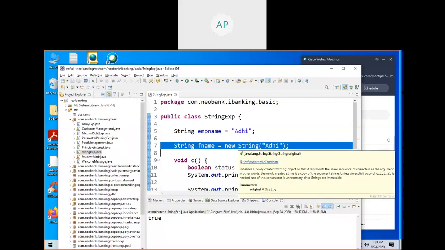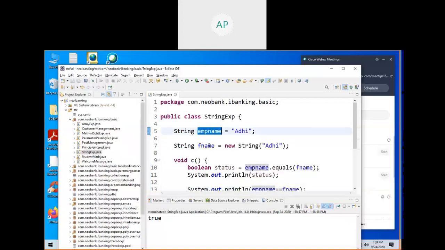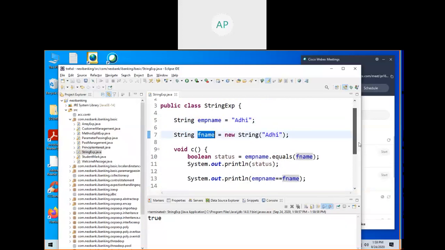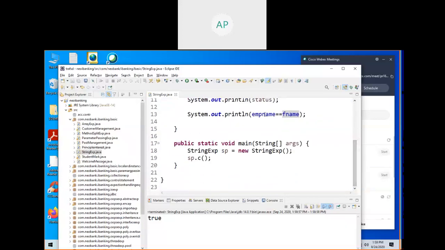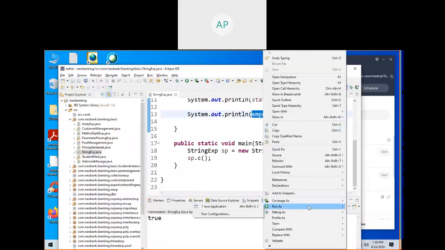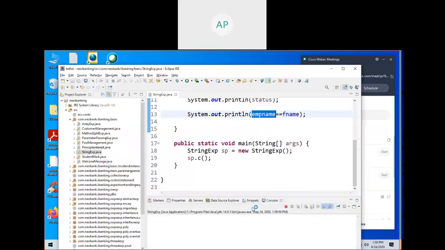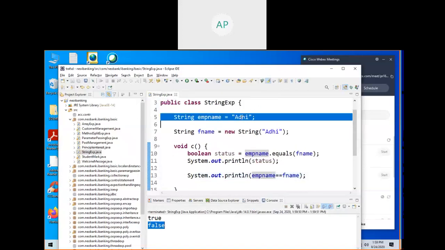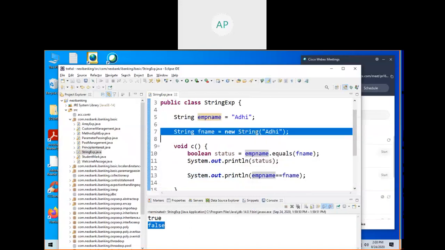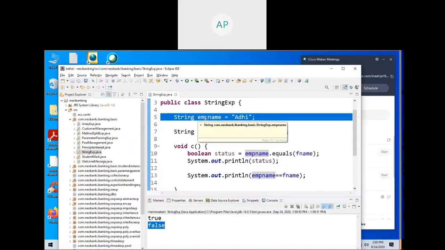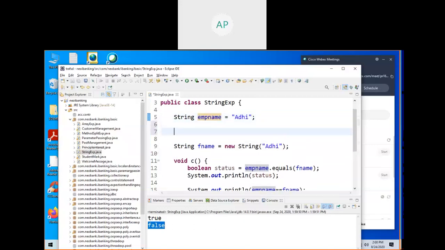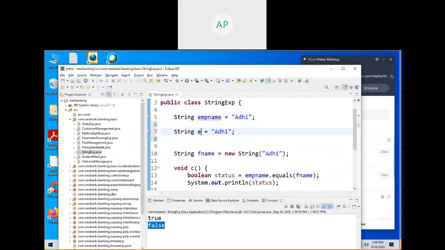First it is creating one object. See here, this is creating one object, and this is creating one object. Where are your objects created? In the memory. Each object has an address, right? This will point to one address, and this will point to one address. Double equals will check whether the two addresses are the same or not. Two addresses, not content, address. Run as Java application. See, content is true, but address is different because this is created in the string constant pool, and this is created in the heap memory.